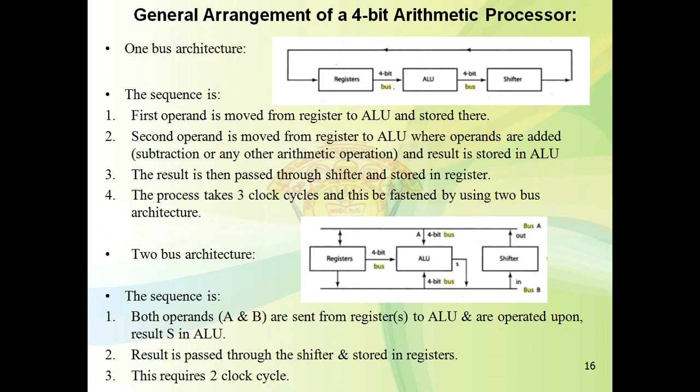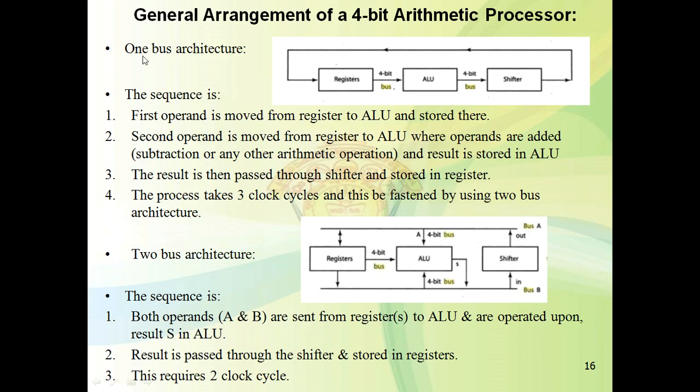Now we'll discuss the different approaches, how many buses we are going to require. We require 1 bus, 2 buses or 3 buses. There will be different advantages and disadvantages. That is, if we go for a single bus, the area required will be less. And if we require more buses, the area required will be more. But the time required to complete the operation will be more with fewer buses. We'll see what the sequence of operations is.